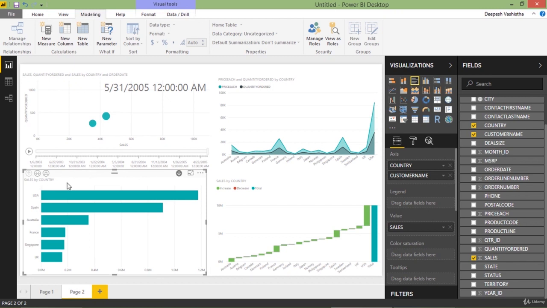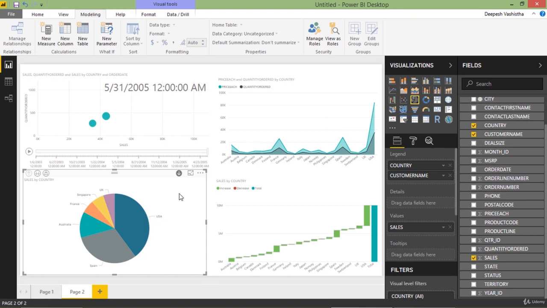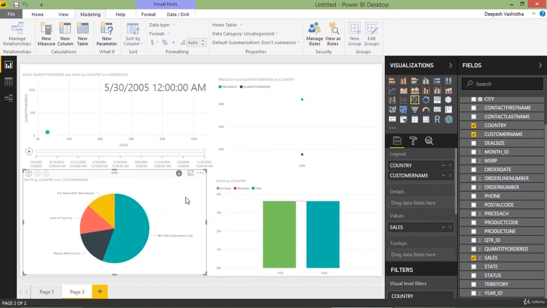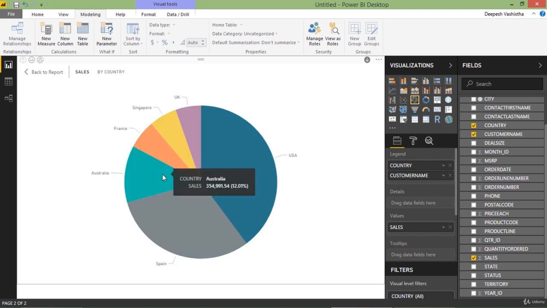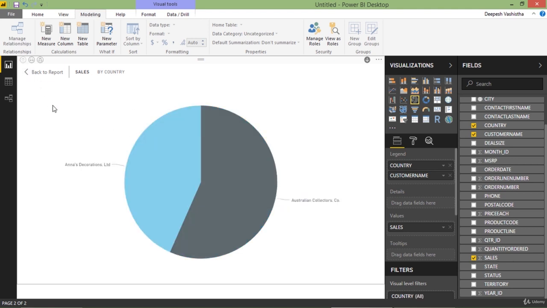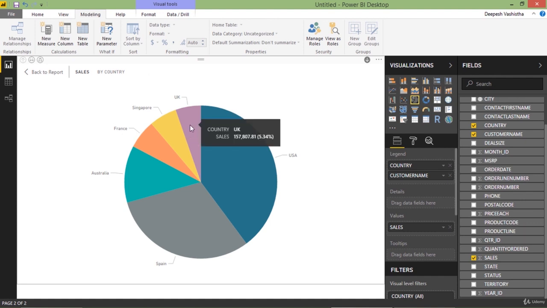This is not only possible in this bar chart, you can drill down in many other visuals also. As I said, many other visuals, because not in all visuals we can drill down, but in many of those. So when you click on this pie chart, it will also show you how to drill down. As you can see all these countries, when you click on any country, it will show you the values of the customers, just like this. When you go up, it will show you various customers. So this is a really very important part of Power BI, to know how to drill down effectively.